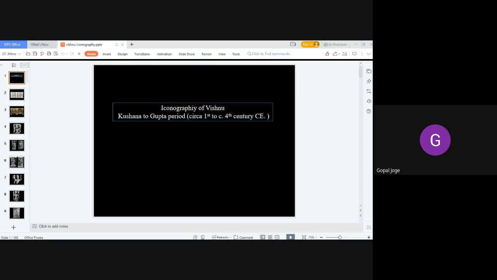Udaigiri is a place near Sanchi, very close to the present town Vidisha, and it has a very extensive cave complex that accommodates the Jain faith in a few of the caves. Against the Jain caves, most of the caves are assigned to the Vaishnavite tradition. It was the main center of Vaishnavite activity during the Gupta period, and the emergence of the